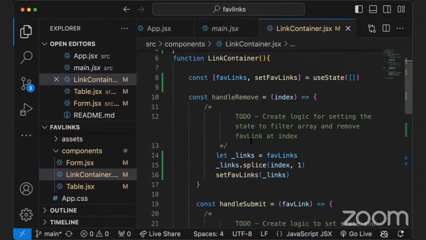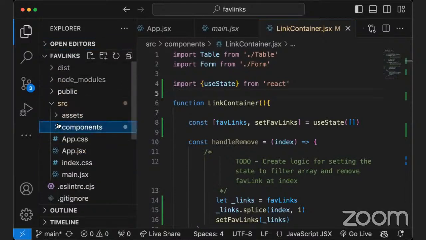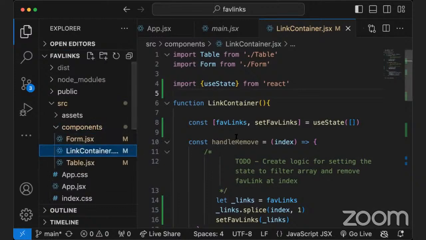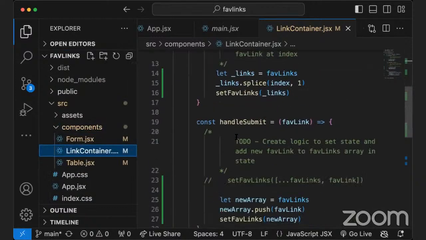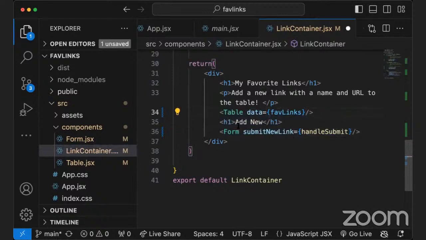If you recall, the Favelinks application is just a simple app that was meant to allow us to create a container that had a table and a form, and the form and the table basically submitted data from one to another. The user would type in the form and then send data to the table. The table would basically receive that data and